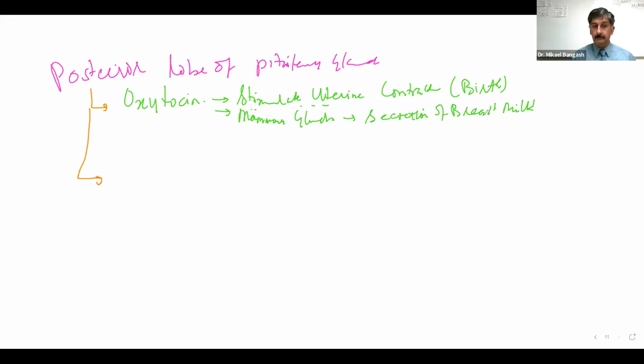Okay? So how does the pituitary gland actually get that stimulus to produce oxytocin that's going to act upon the mammary glands to finally,